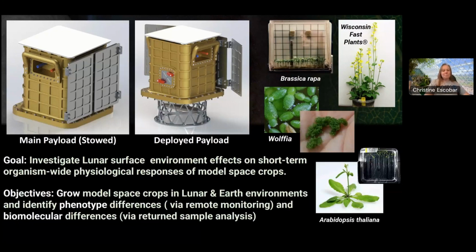We're going to use cameras to observe seed germination, seedling growth, and seedling morphology, their size, their orientation, their color. And with onboard gas sensors, we'll even be able to observe their net photosynthesis and respiration rates. And then what's really exciting is that by sending plant samples back to Earth with the Artemis 3 crew, we'll then be able to investigate the biochemical mechanisms that the plants use to survive and thrive in that